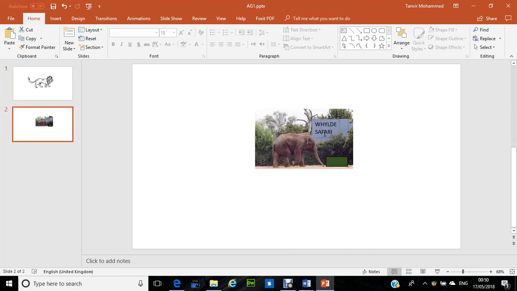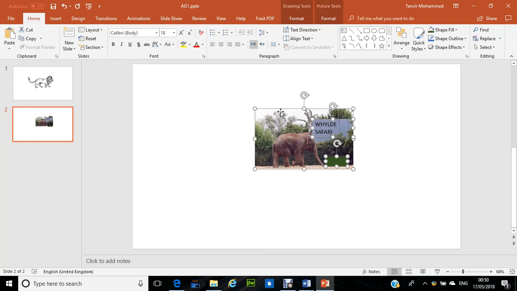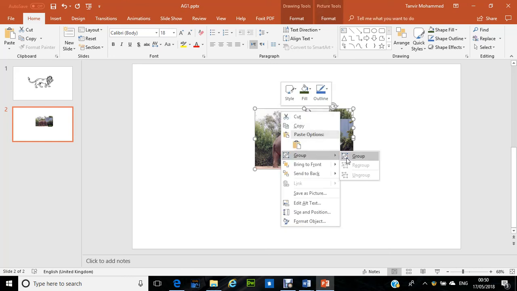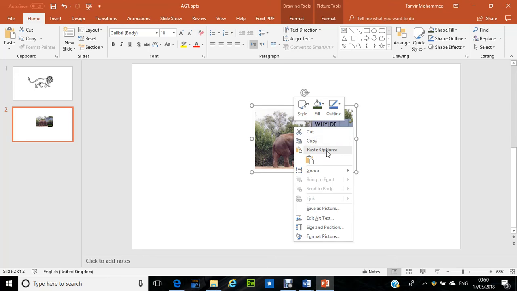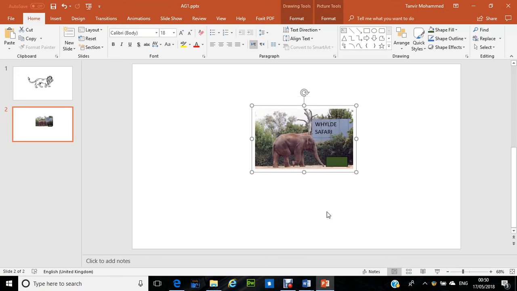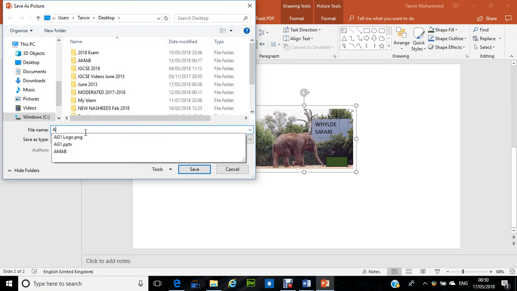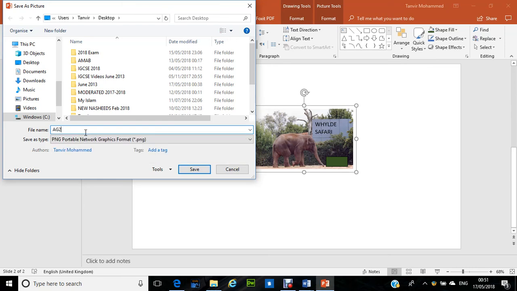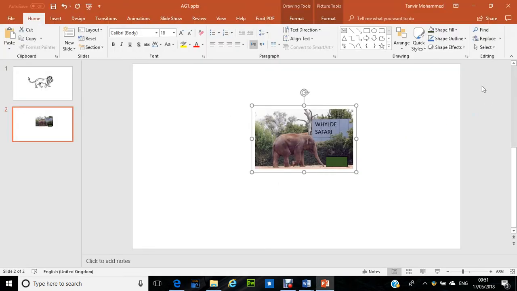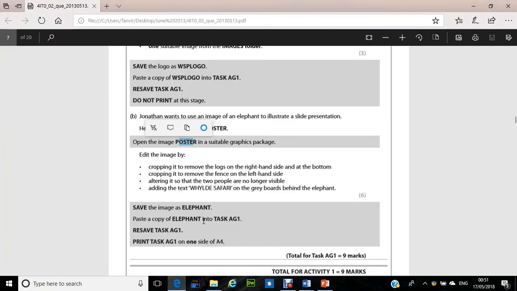Now this is ready. So I need to select 3 of them this time. Because remember, remove the people. Group it. Save as picture. The grouping part is very, very easy. You just really need to remember how to do it. The fact that you have to select it. Okay, once that's done,